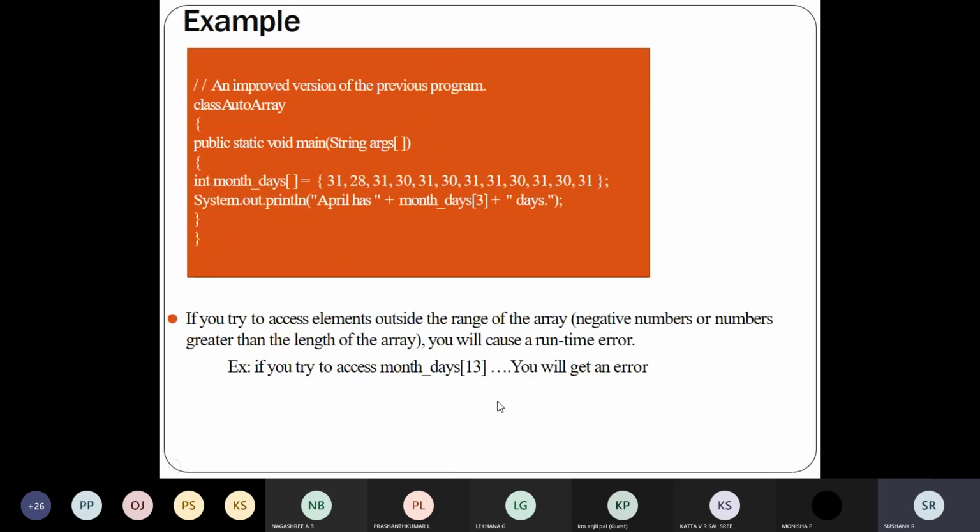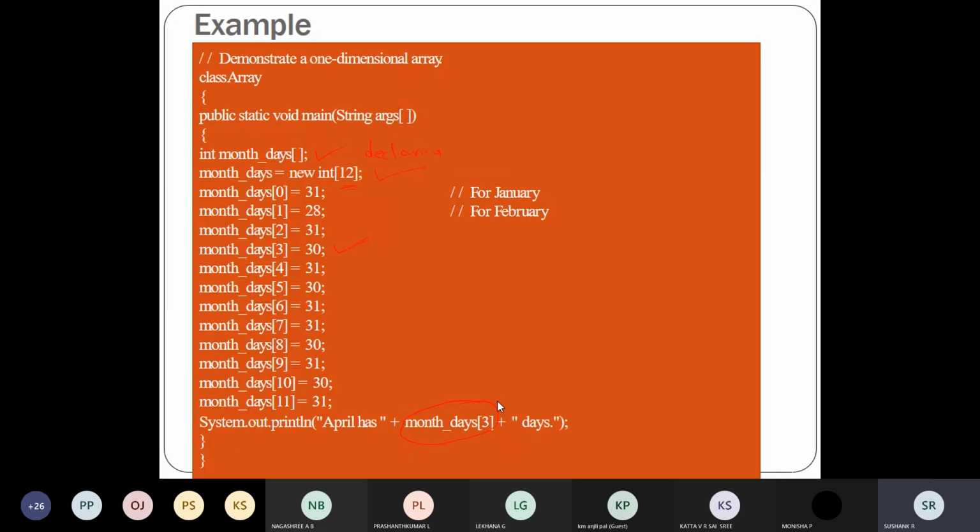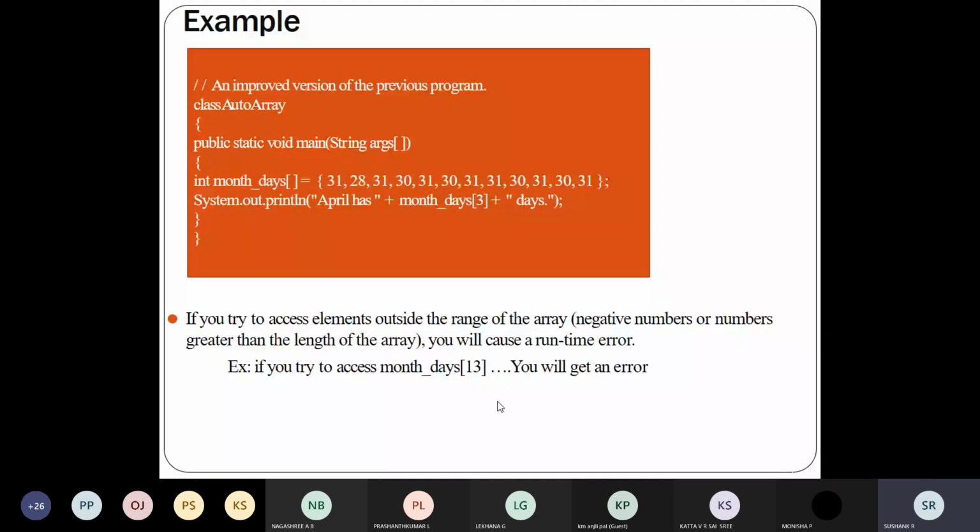So one thing is, here you can allocate the values, or you can initialize the value for the array separately, or you can initialize the value for the array when declaring itself.